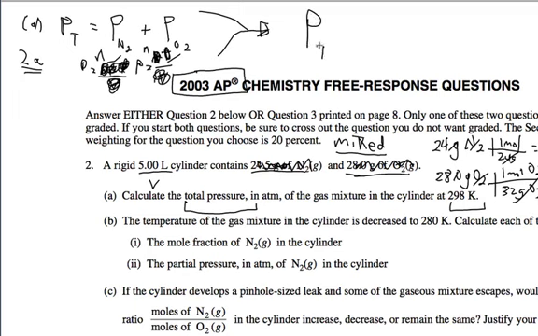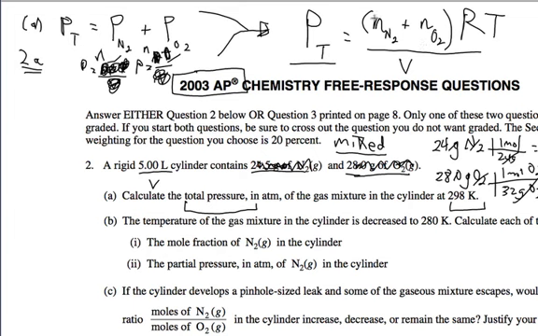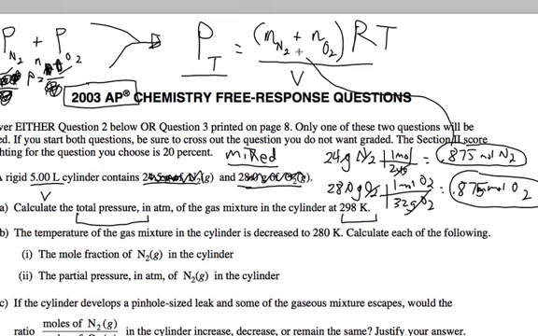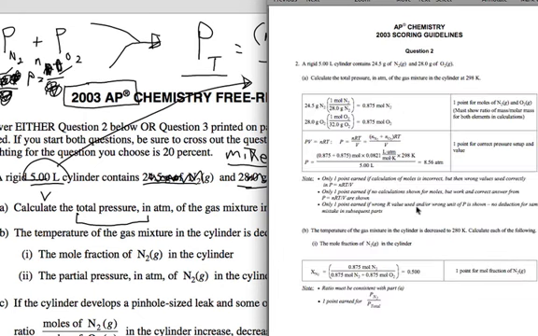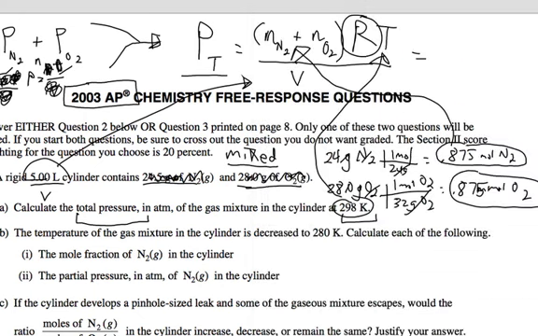Since the only thing changing are the n's, we can say the n for N2 plus the n for O2 times R times T over V equals the total pressure. When you plug in the 0.875, the 298 Kelvin, R, and the 5 liters, you end up getting a pressure of, I believe, 8 something, let's double check here, 8.56